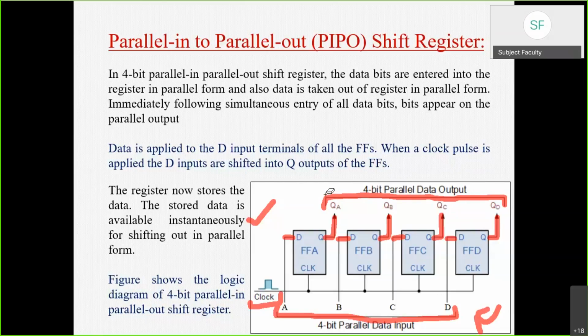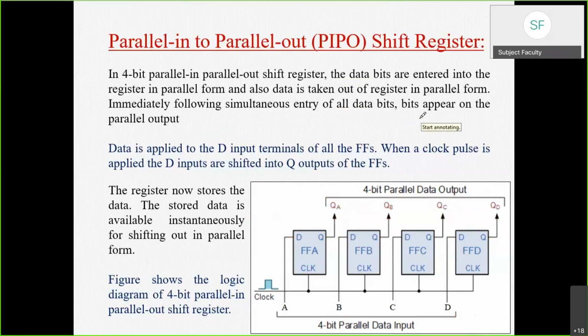The working is actually very simple. You already understand the truth table of the D flip-flop. Whatever is the value of D, the output Q will be the same. If the value of D is 0, then output Q will be 0. If the value of D is 1, then output Q will be 1. This is the simple basic operation of your D flip-flop. Now what happens in that? Suppose let's assume that ABCD is the input. So I am giving a 4-bit sequence, or 4-bit number, as 010.